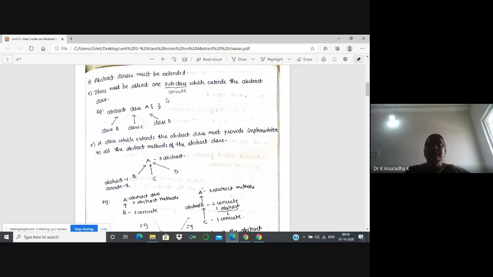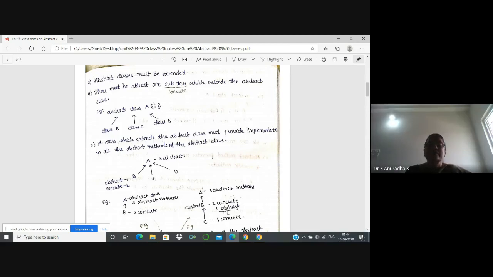So abstract methods do not have a method body. Who will provide that implementation part? All these three subclasses. So inside subclass B, it can provide the implementation for this abstract method in its own way. Like that, class C and class B can also provide the implementations of that abstract method in their own way.